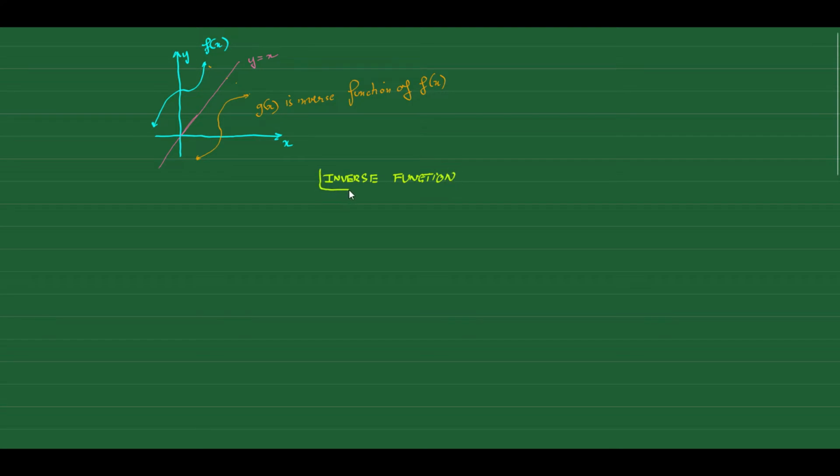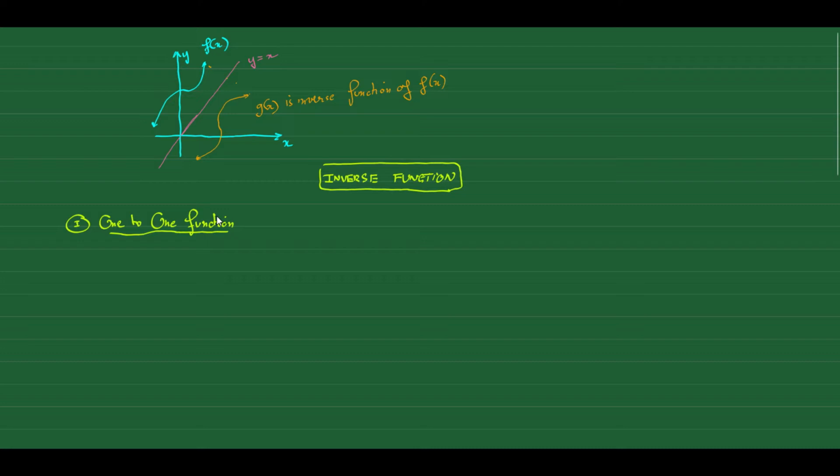Before talking about the definition of inverse function, I just want to talk about another definition. We need to know what a one-to-one function is first, because for a function to have an inverse, it must be a one-to-one function. But what is a one-to-one function? So in the first part of the video, I just want to talk about one-to-one functions. According to the definition,